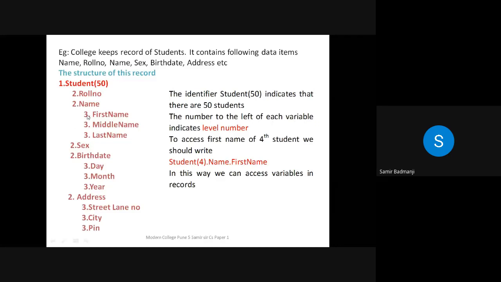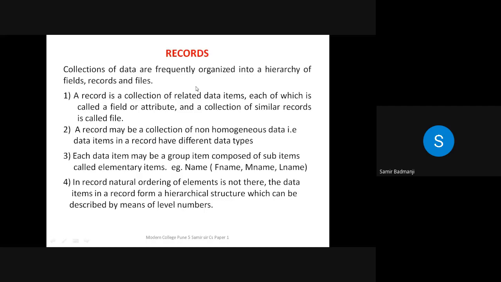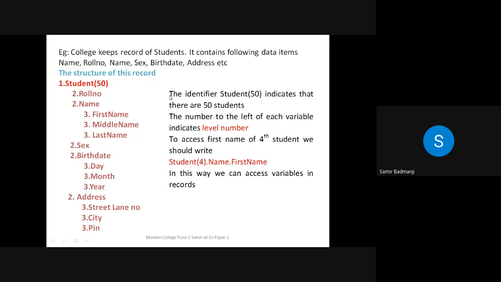See, after level 2 there is one tab, or give some space, so that it will indicate which is the second level and which is the third level. So it is easier for the examiner to check your paper. See, this is the first level, second level, third level, again second level, third. You can write any example of your own, and it is very easy to write down the description. Okay, so you just have to write down the definition of record: a collection of non-homogeneous data, that means not of the same type.